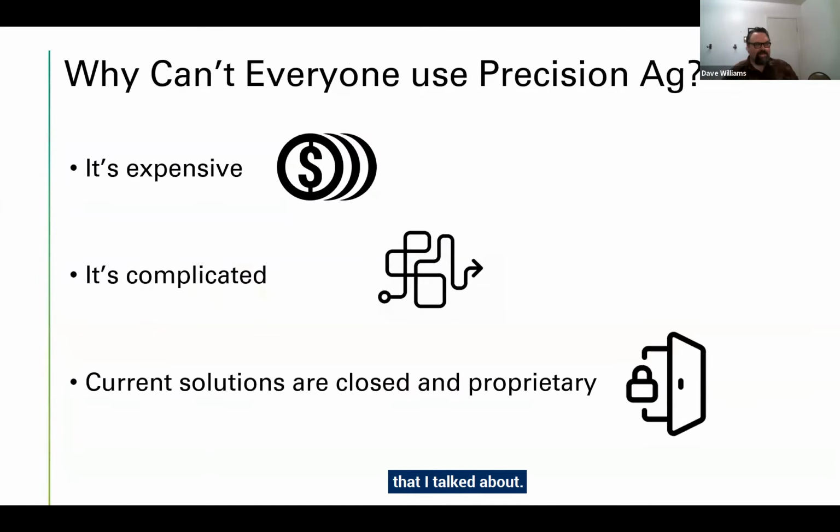And those benefits that I talked about, well, why isn't everyone using it? Well, a couple reasons. It's expensive. The software is expensive. It's complex and complicated. It often requires advanced training to use it. And the vendors and solutions out there today tend to be closed, very proprietary. And these are barriers to accessing precision ag for farmers,